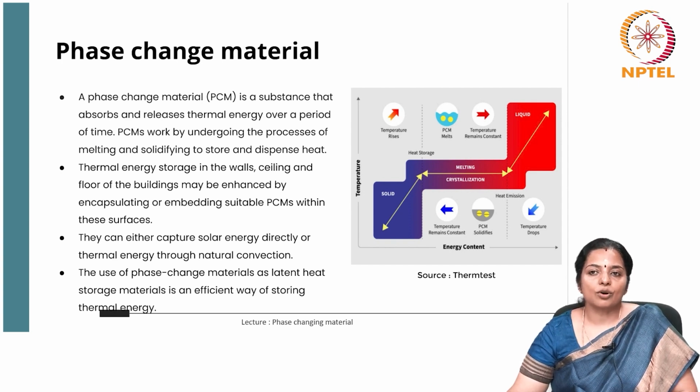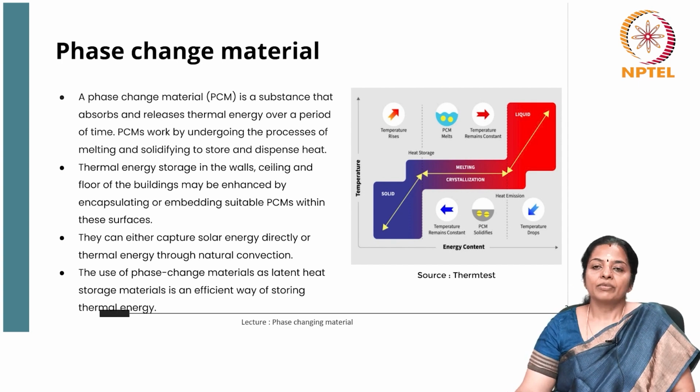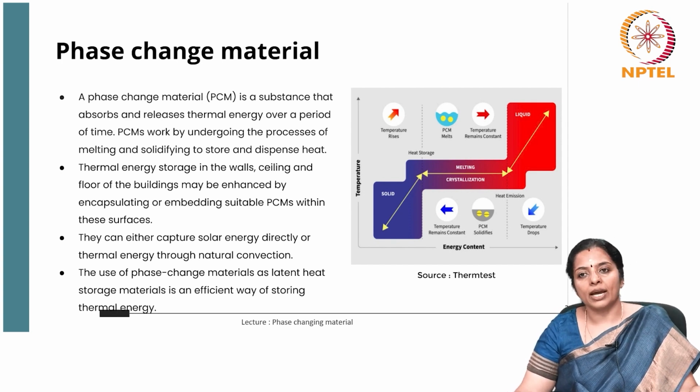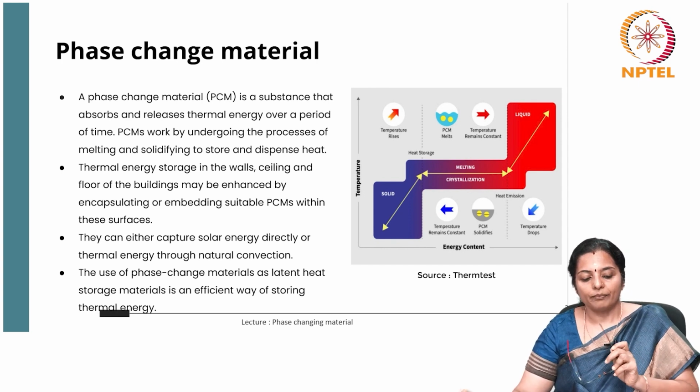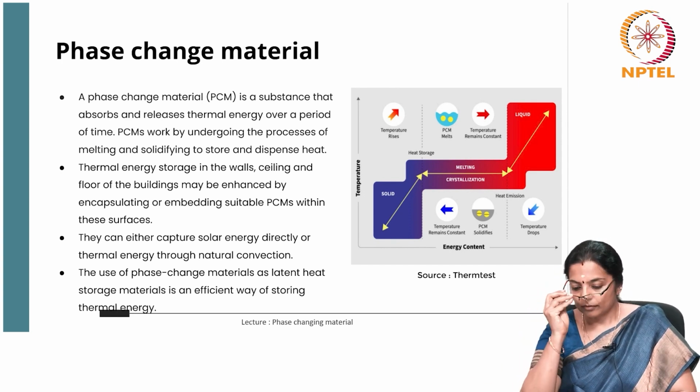One of the most common examples that we quote of PCM is water, because it has the capacity to transition between the solid state, which is ice, and liquid state, which is water, releasing and storing energy as it does so. Therefore, we can say that